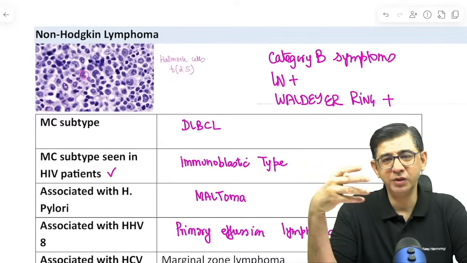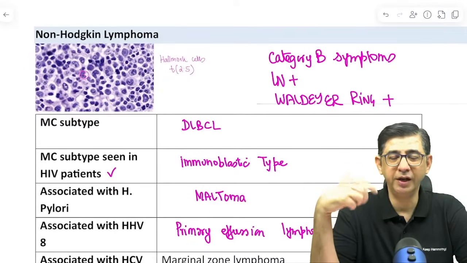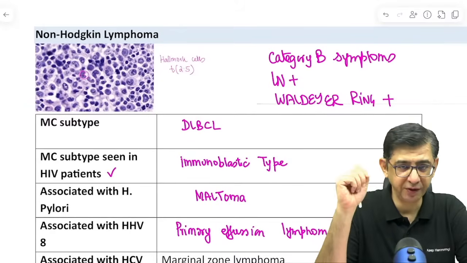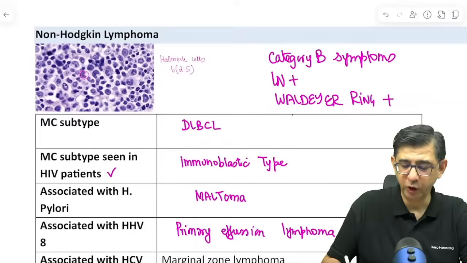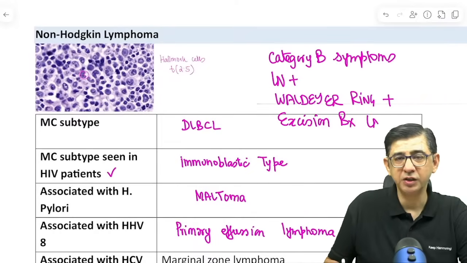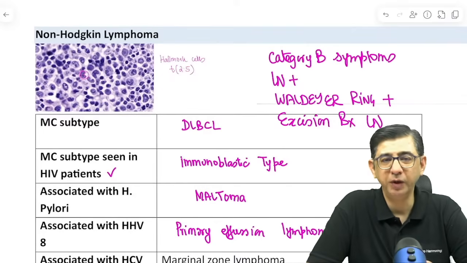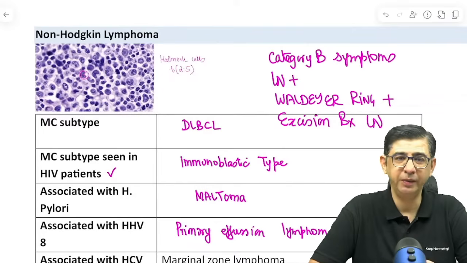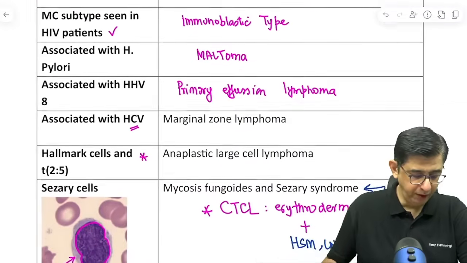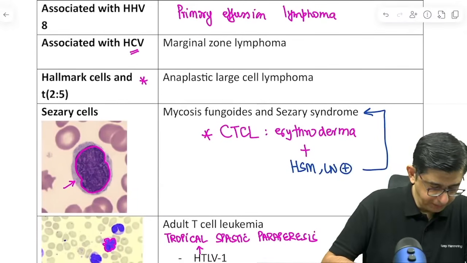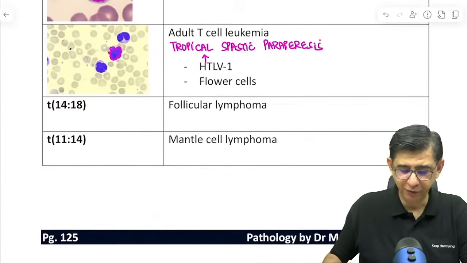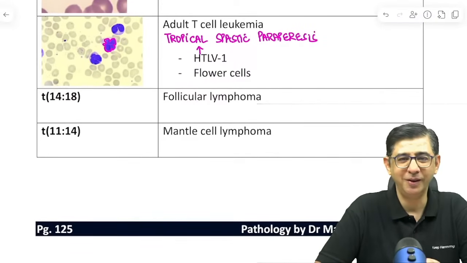So what I'm trying to tell you is a clinical kind of a question where at least 2 to 3 lines will be invested in these kind of details, and then he will mention the specifics. Like he will say excision lymph node biopsy was done. The investigation of choice for all the lymphomas is an excision lymph node biopsy, and then these slides could be given to you in the form of that hallmark cells that I mentioned initially, or it could be like the associations that I'm describing at the moment. So I think yes, I think we are settled at this moment for the pathology part,